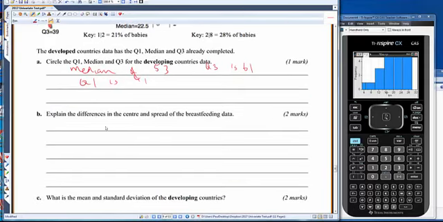Alright, explain the differences in the centre and spread of the breastfeeding data. Alright, so centre refers to these things here, the median, and spread refers to either IQR or range. Okay, so what you need to do to get full marks for these questions is when you talk about centre, you need to have evidence and you need to have context, okay? So I would say something like